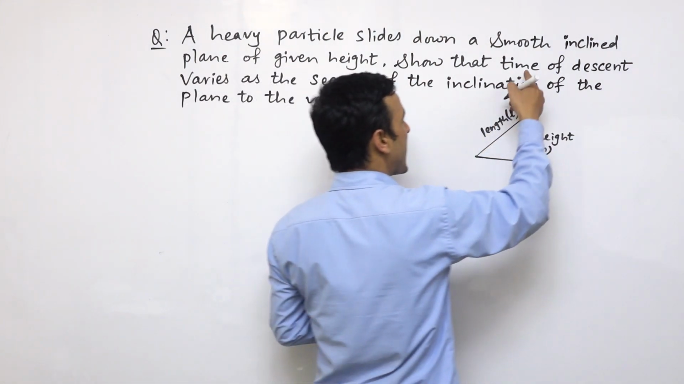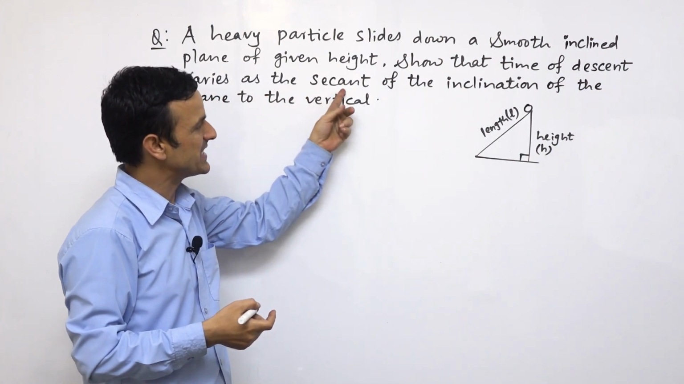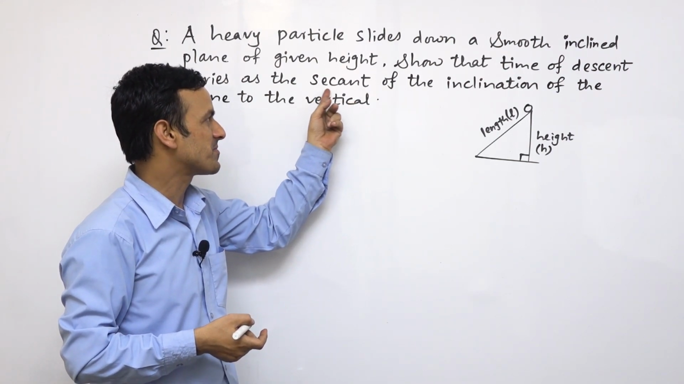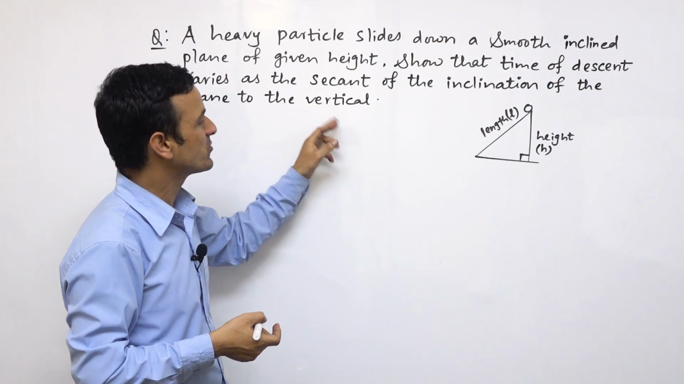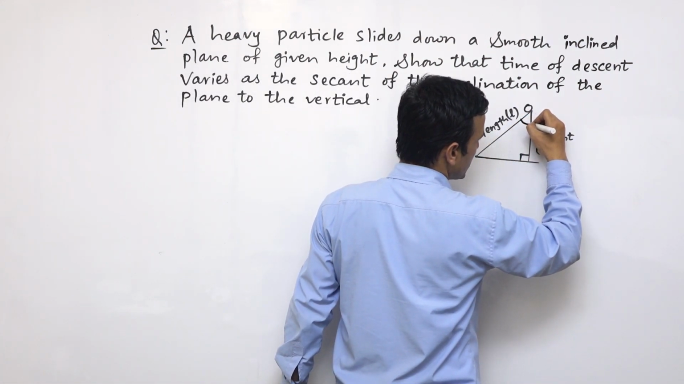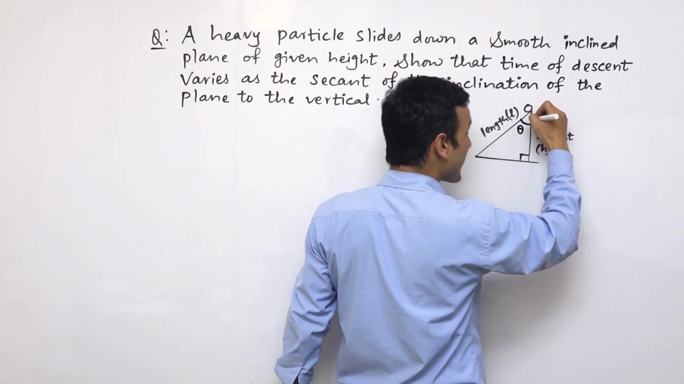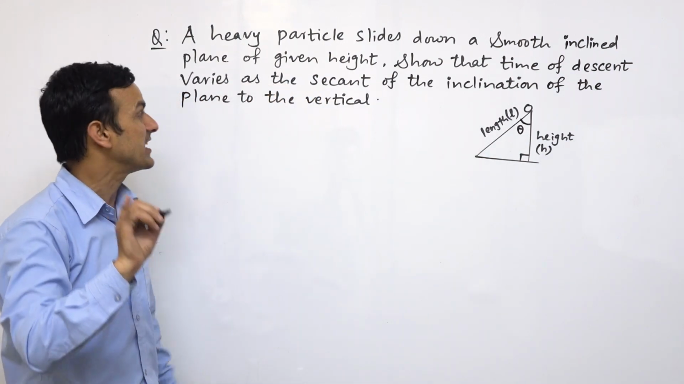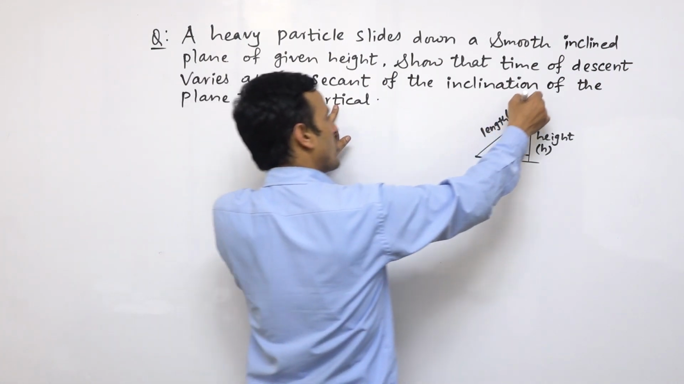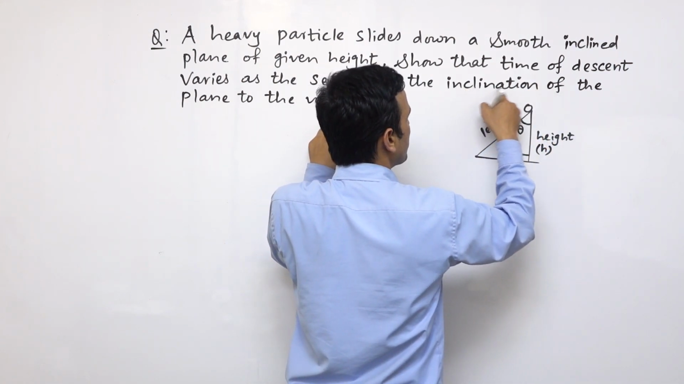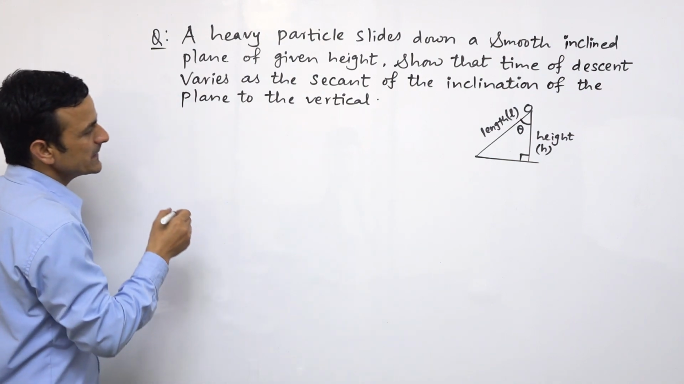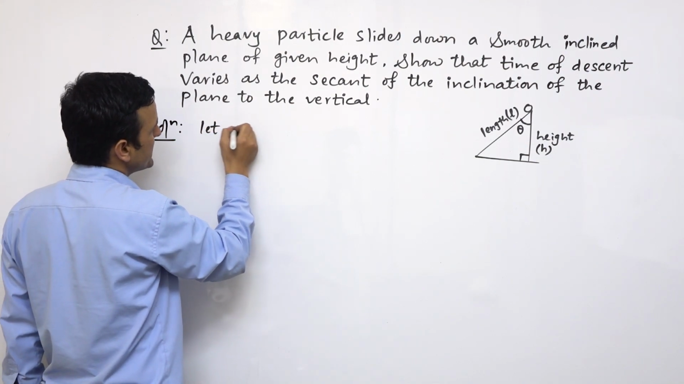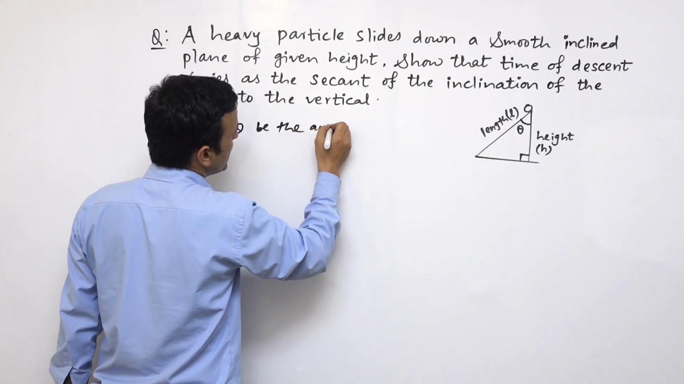The time, which is calculated from this question, is directly proportional to the secant, meaning it is the term of sec, the full form of secant, of the inclination of the plane to the vertical. So the angle of inclination is this theta, which is the angle made by the inclined plane with the vertical. Let theta be the angle of inclination